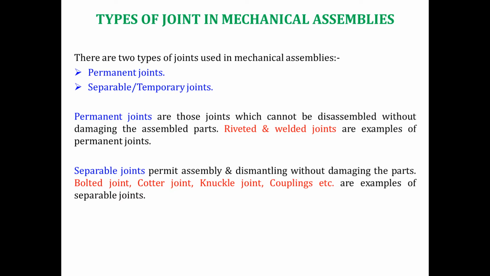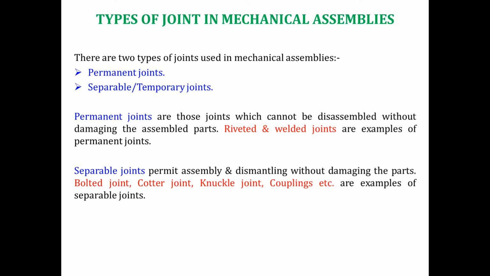So always remember, for all the big structures or big mechanical components which we are designing, in maximum cases you should go for permanent joints. But there is a case where a permanent joint is not possible to use, then you have to use separable joints. There are no more options. These are some examples and the basic difference between permanent joint and separable joint.